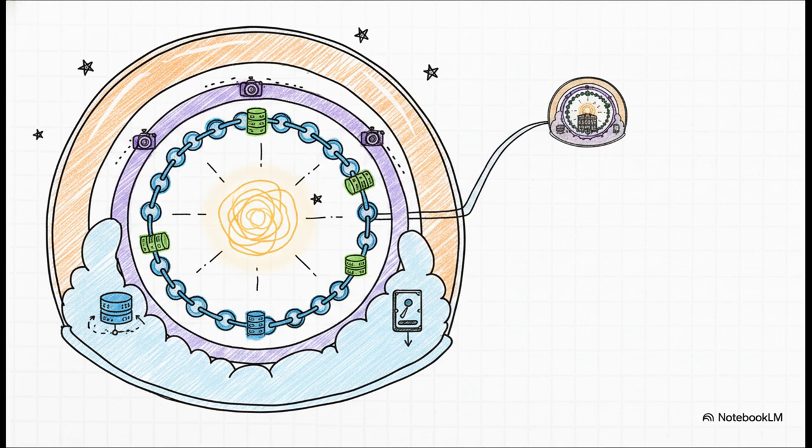Layer 1, an HA control plane with 3 or more masters to kill any single point of failure. Layer 2, an isolated etcd cluster of 3 or 5 nodes specifically to maintain strict quorum. Layer 3, automated hourly snapshots. Layer 4, pushing those backups off-site to S3 or a NAS, so if the whole data center burns down, your